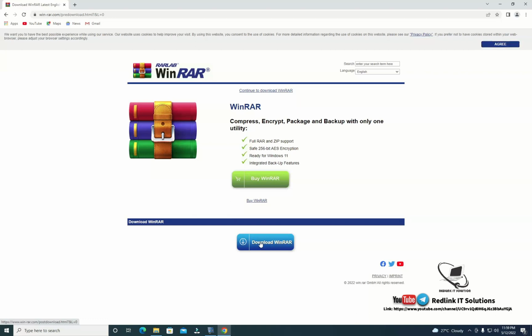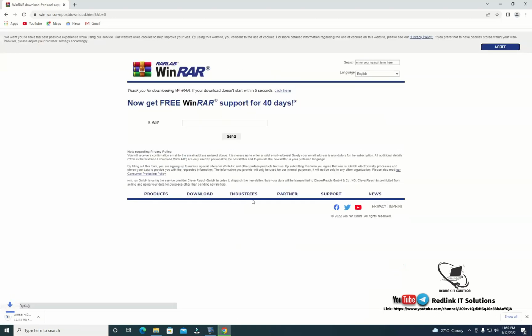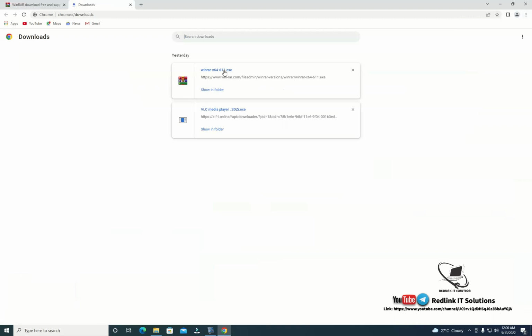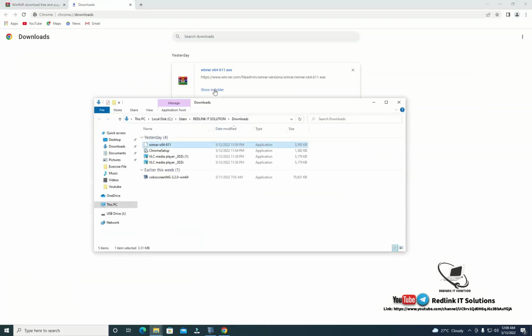So you press on the download button, and it will start downloading at the bottom of your web browser, or at the right hand corner you go to the three dots there. You realize that it opens a menu, and you click on the download, and you see the WinRAR. They are going to show in folder, and it will be in your download folder, and you double click it to open,